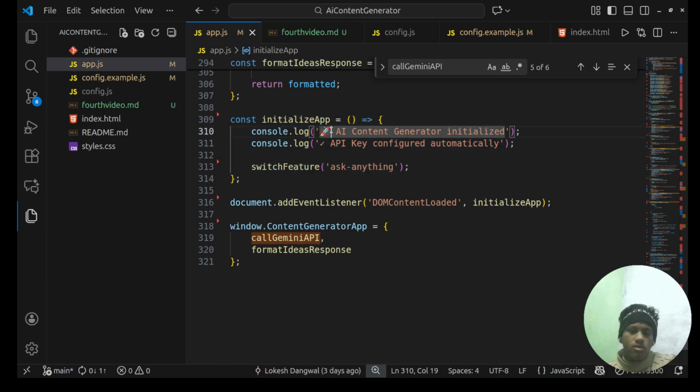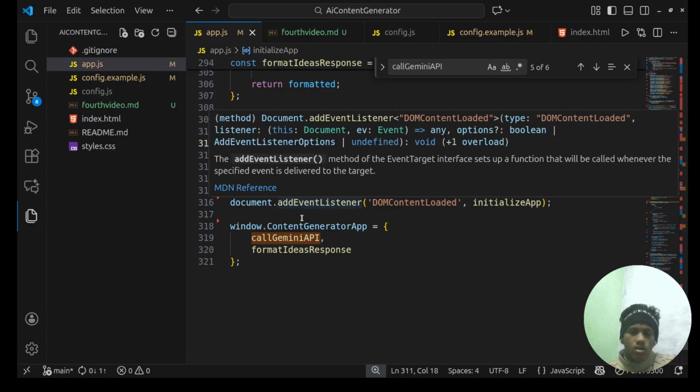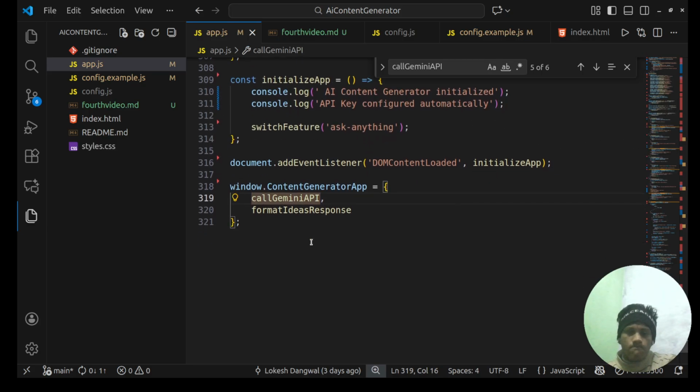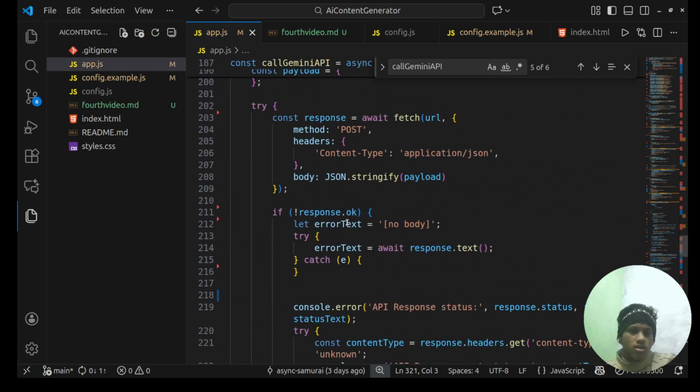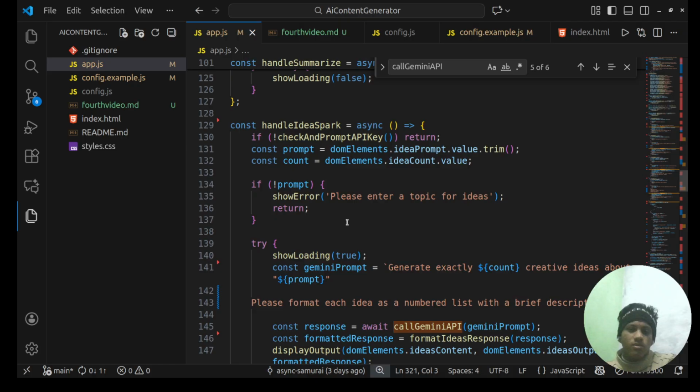Our project will run. Here is DOM content loaded. It will run, and the window content generator app calls the API formatted idea response. So I think this feature is covered.